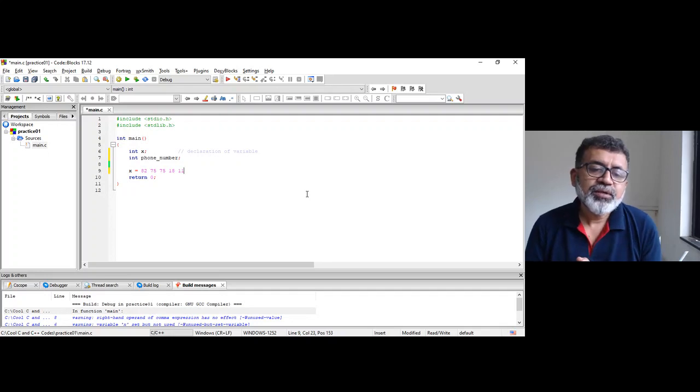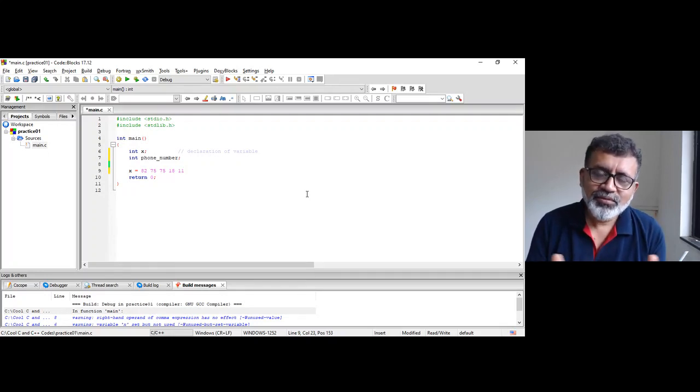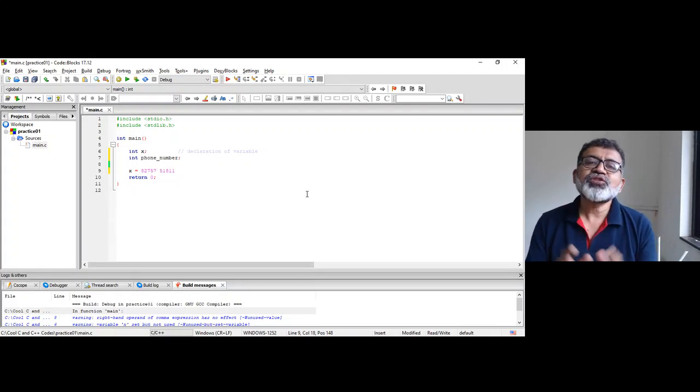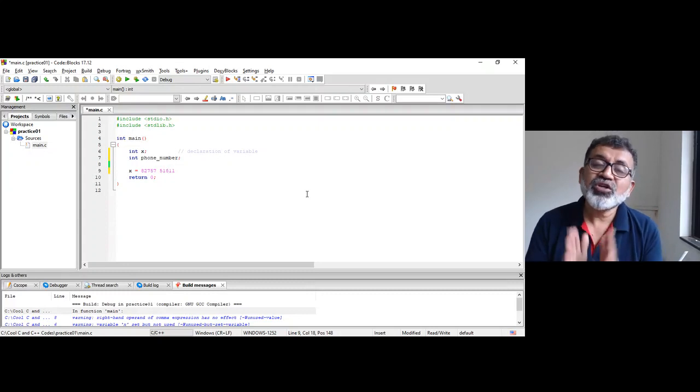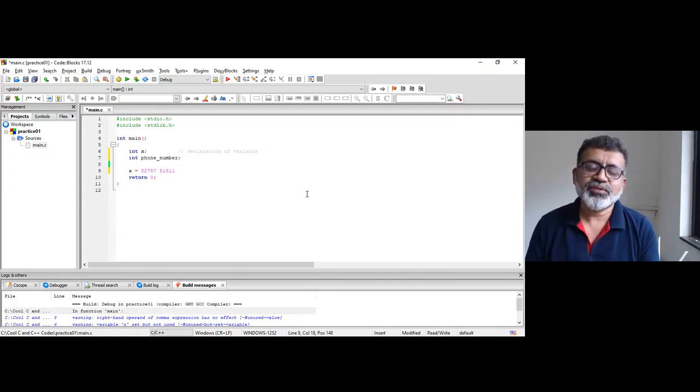Usually we tell or write the number in that fashion, or you may write it in this fashion, which is another way of writing the mobile number. But this is not allowed in programming. Why? Because space is not allowed.